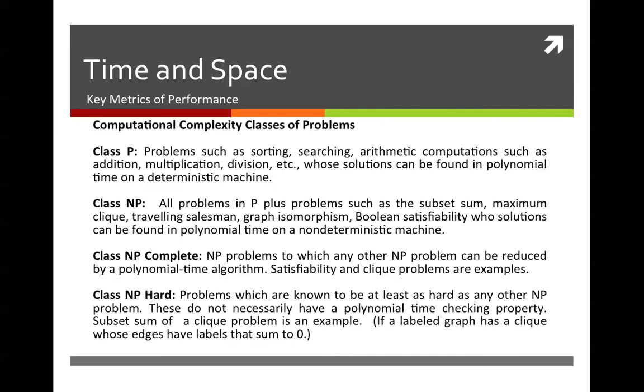Then there is the class of NP hard problems. These are problems known to be at least as hard as any other NP problem, and these do not necessarily have a polynomial time checking property either. By way of an example, we could say subset sum of a clique problem is an example. If you take a labeled graph and try to determine a clique, a maximum clique maybe, whose edges have labels that sum up to 0, even if you had a deterministic or non-deterministic machine that could tell you what these cliques are in polynomial time, as we mentioned over here,